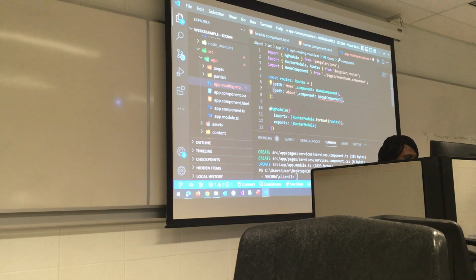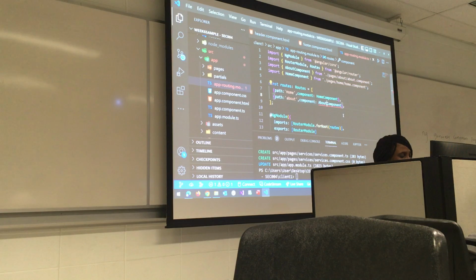Okay, so we have that. Just move your mouse pointer to it, click on quick fix, then add import, so it will import the component for that. Then I will copy and paste. We have three more: products, services and contact. I will modify them so we can be fast.